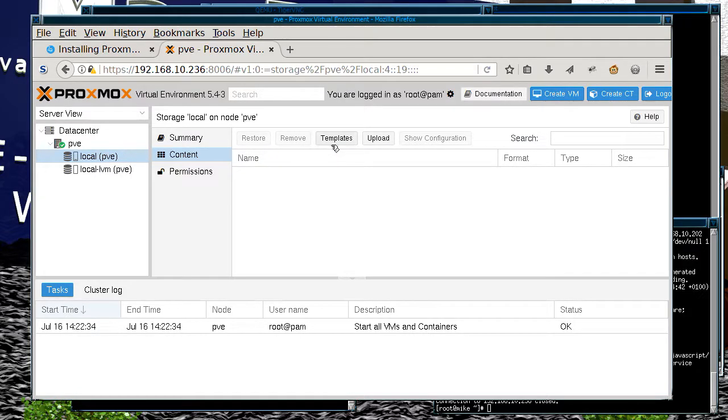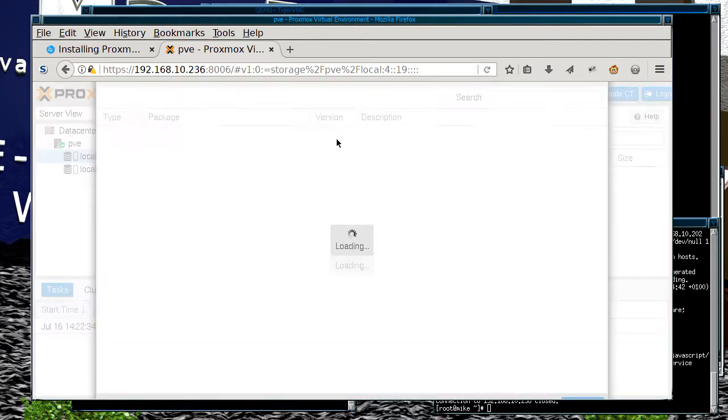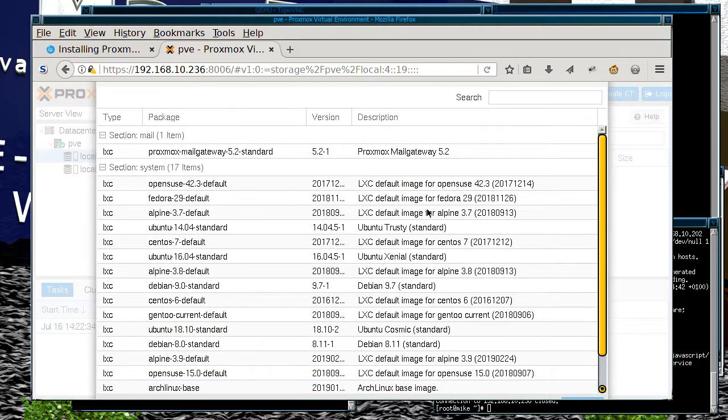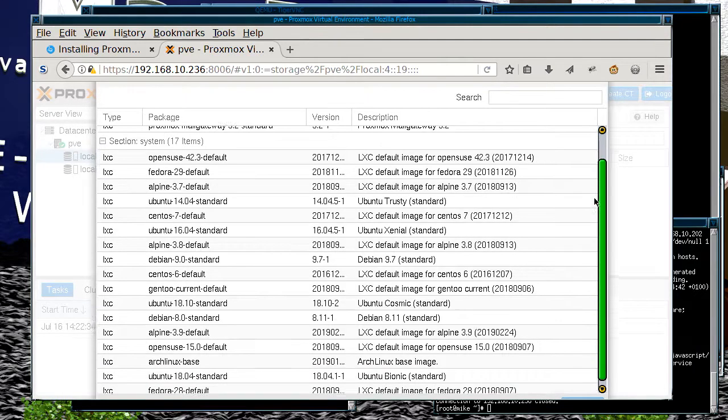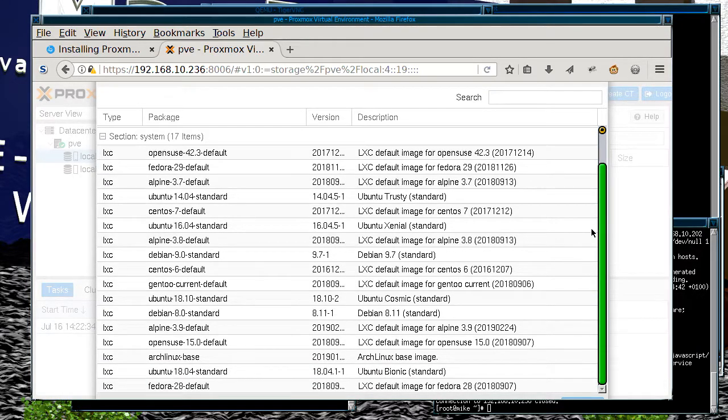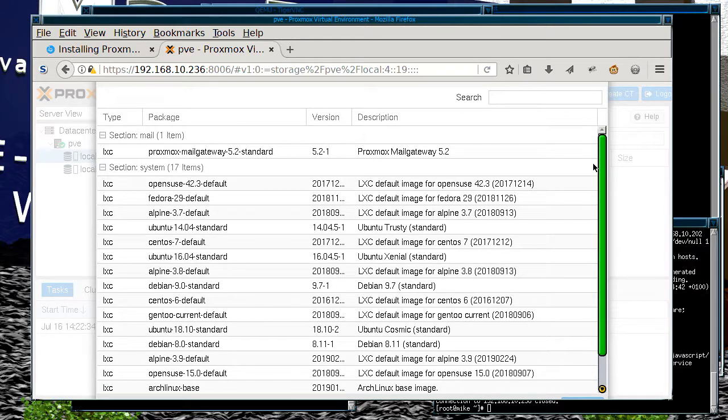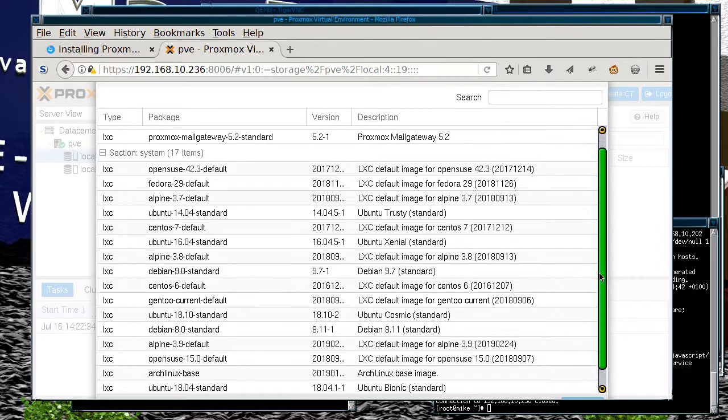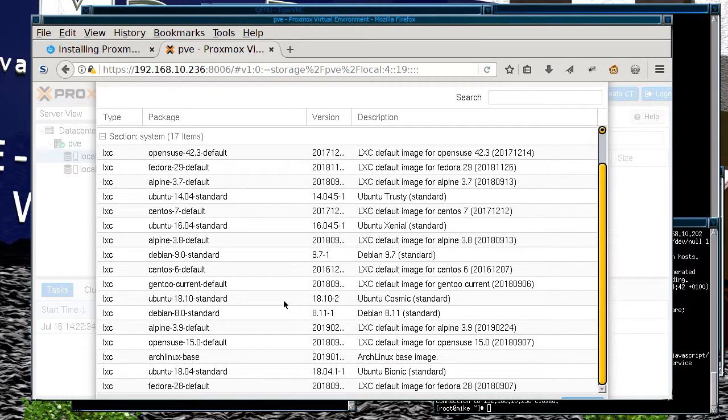There are two things you could do. One thing you can do is check to see what templates are available. And basically, this is a list of the templates that come with it by default. The one that I want to install is this one, CentOS 6. And what you can do is actually